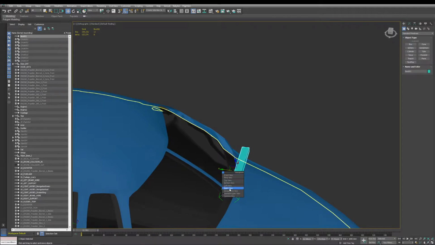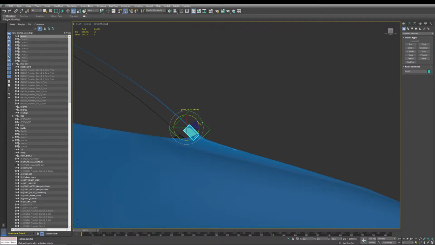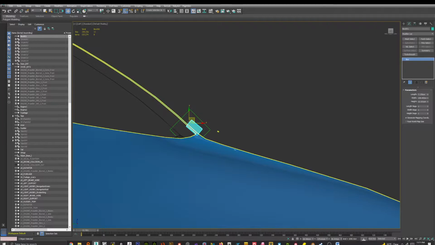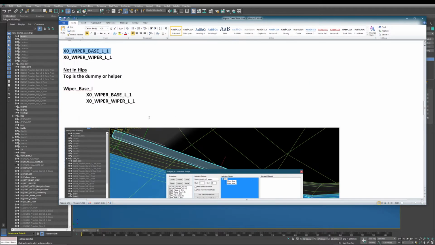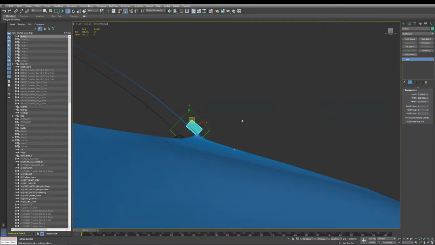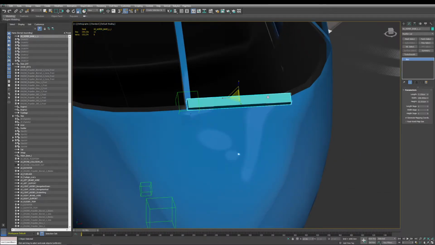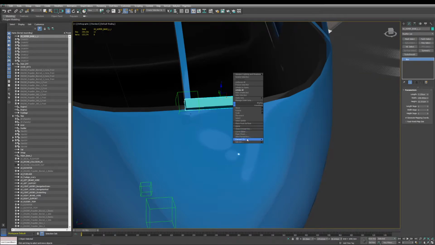And then I'll put it sideways, orthographic, and I'll turn it like that. Bam! So then, what do you want to name this? Well, like I said, I took the time, made you a cheat sheet. So this would be a base. So this is L1. If it was right, guess what? It'd be R. Okay, anyways, we'll do that, and we'll then shrink this down. Bam! Now, every windshield wiper needs a friend, or in this case,